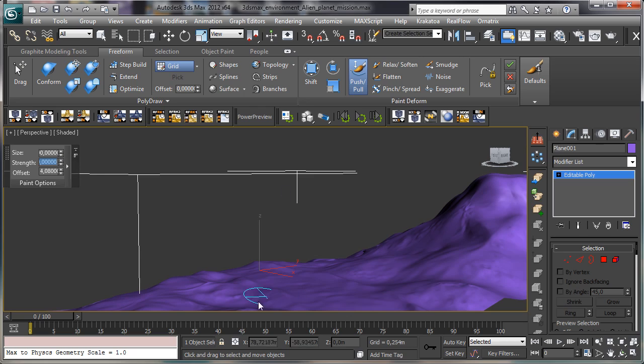Use 50. So you see that we are going to have